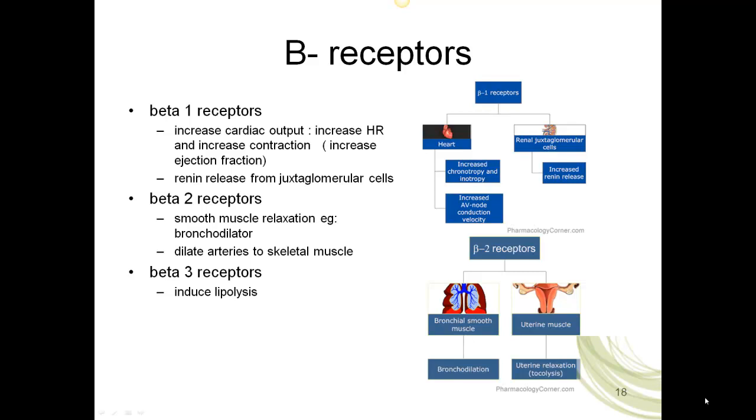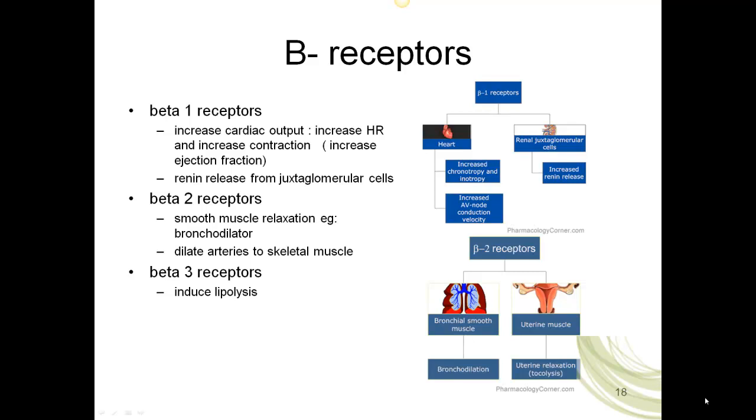most widely expressed on the heart, will lead to increased chronotropy, that means heart rate, and inotropy, that means force of contraction. This means the heart becomes more efficient as a pump and will lead to a greater ejection fraction. I will explain that more in lecture unit 3. For now, for lecture unit 2, I just want you to know beta 1 will lead to increased chronotropy and